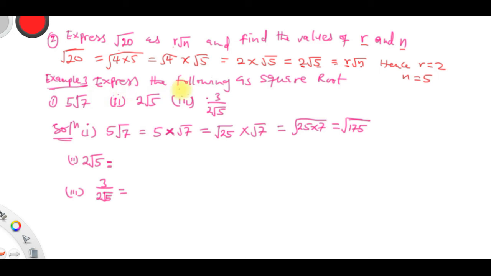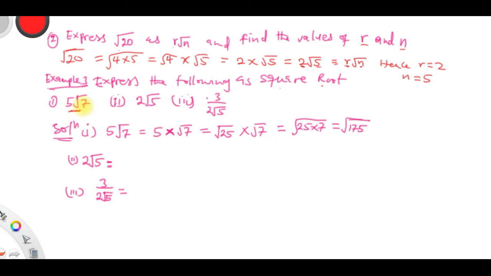Now it says: express the following as a square root. This is similar to what we were doing in the previous video. This time we have to write the whole thing under one square root sign, as our final answer. So that's what it means. The first one is